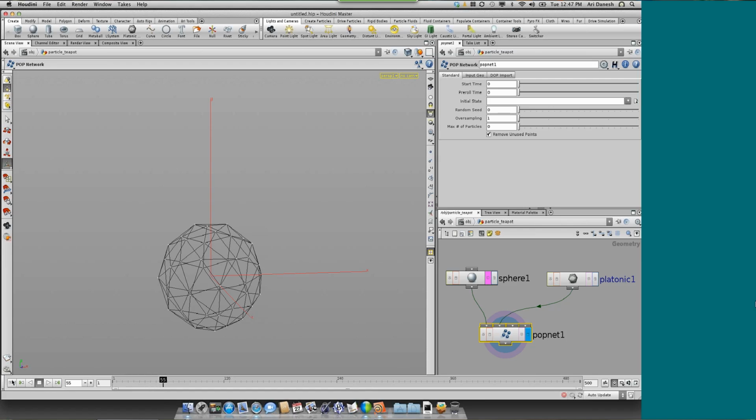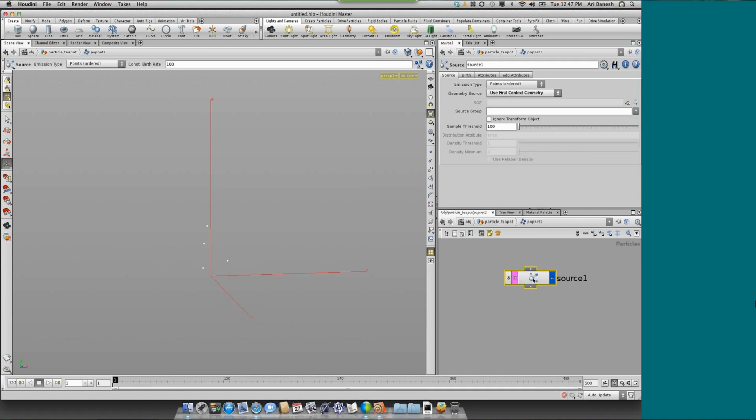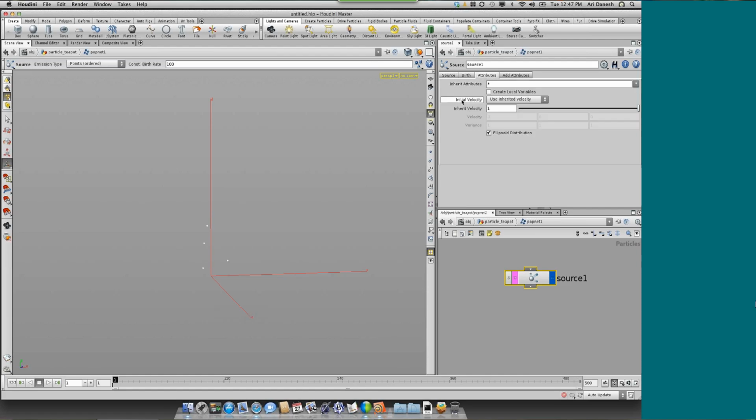And sure enough, you see these little white particles. They're being created, but they're not going anywhere. So what I'm going to do first is set up my sim. I want to click on this guy right here, which is my real-time toggle, so my particles work in real time. And then 240 is kind of short for the simulation, so I want to extend my